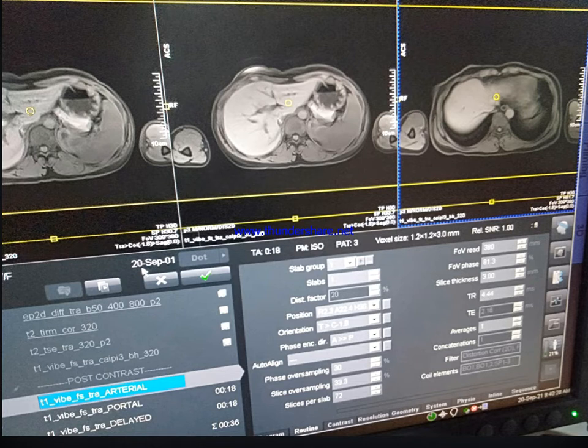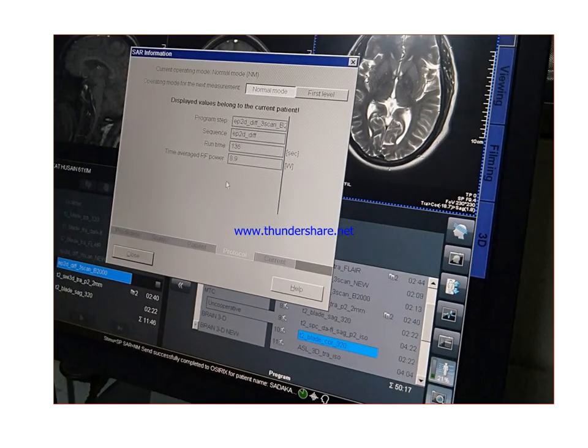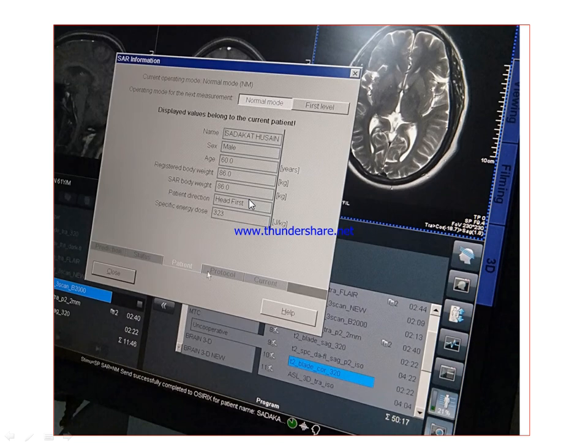Every slice and every sequence has a different SAR value. For example, in the case of the brain, with EPI diffusion sequences, we have a protocol.